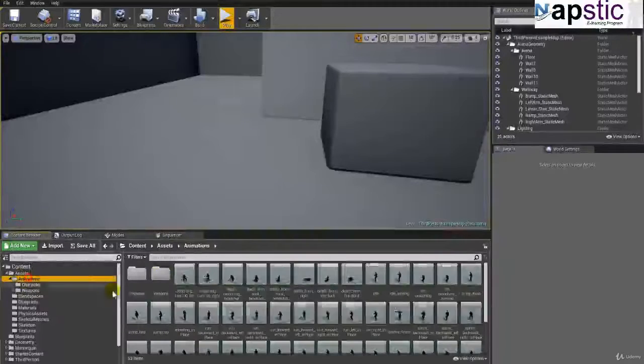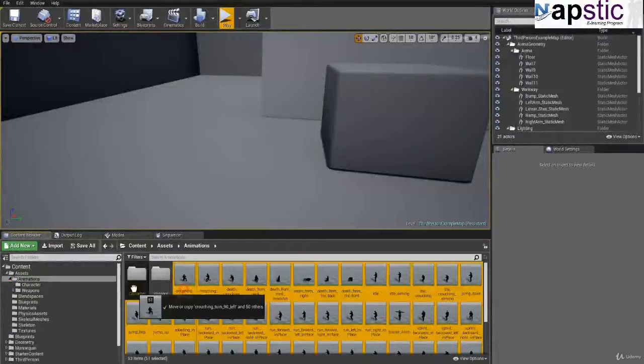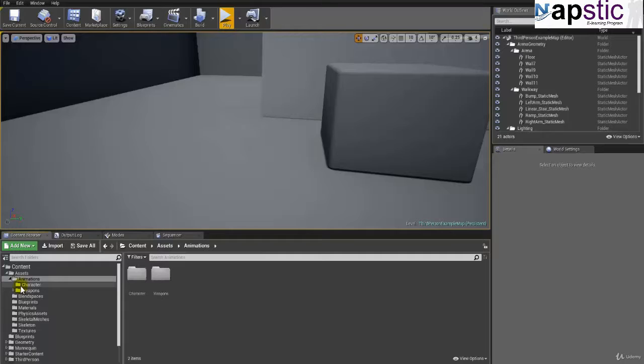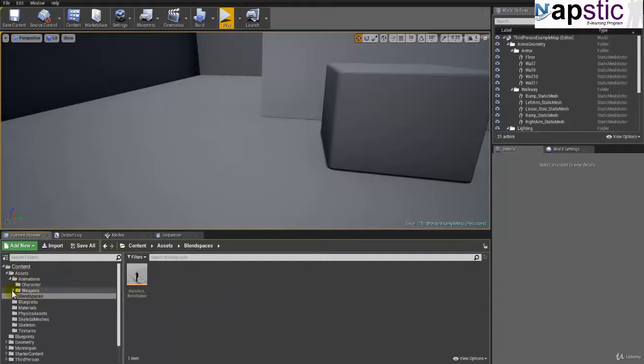And now inside animations, select them all and move them inside character and say move here. Now it's going to move all the animations. We're going to do pretty much the same thing for all the other characters so that we can keep it all organized. And then inside assets, we have blend spaces, and again for blend spaces,